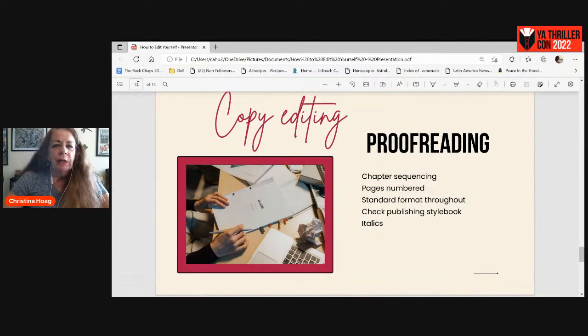Then we get to the final end pass, which can be done together, and that's copy editing and proofing. Things that I've found, excuse me,